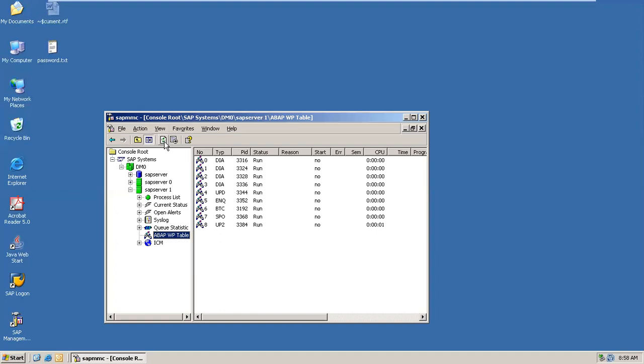Now click on refresh. It is run here still. So wait for another 30 or 40 seconds, then click on refresh. This status should be wait for all the instances. Then only you can go and log into the SAP system. See, a few of the instances have turned into wait status.